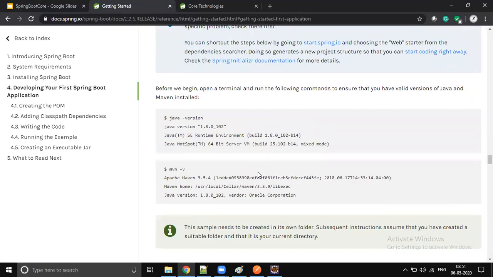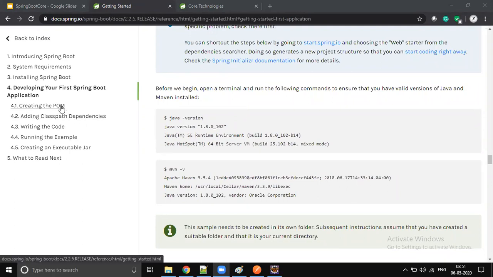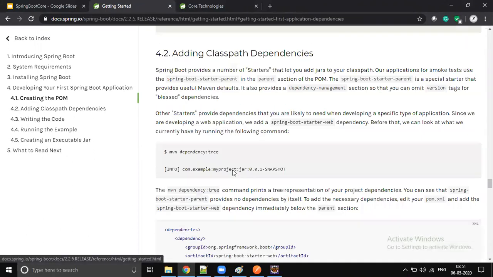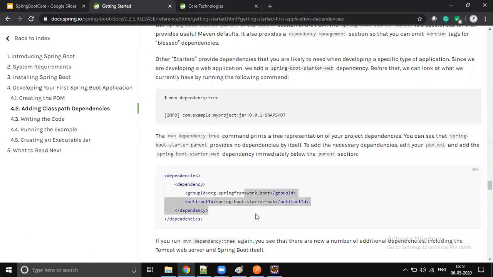I think we already developed our first Spring Boot application. Did we do it or not? Has everybody completed your first Spring Boot application? Yes. What about others? Yes, Chandra. Yes. Abhiram, Chintesh. Yes. So you know all these steps, right?